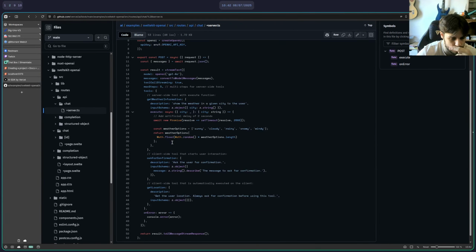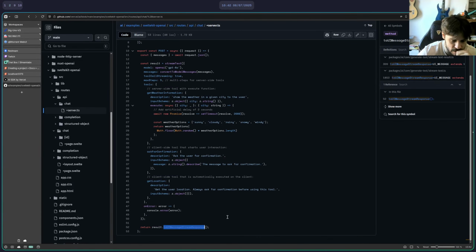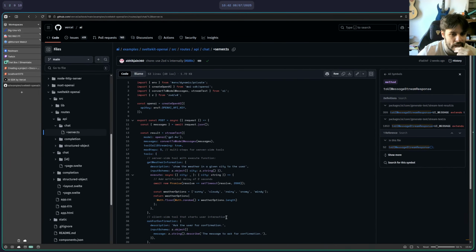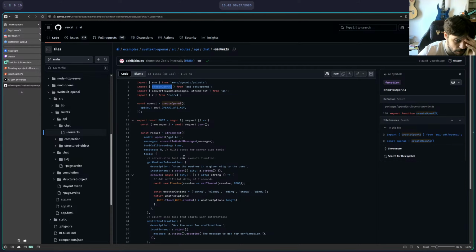Okay, result stream text to UI message stream response. Create OpenAI. Well, we're going to be using Requesty, sorting this stuff out, which is another reason for doing this.